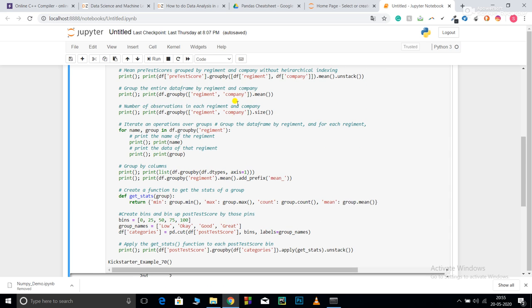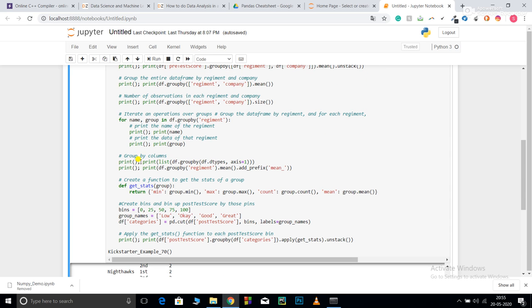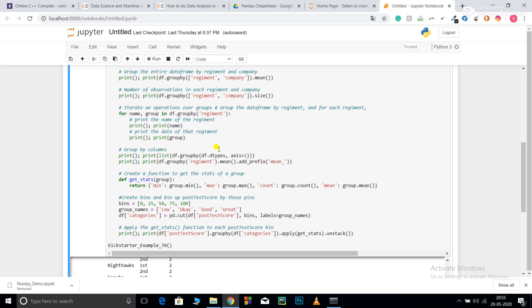After that, let's go to group by columns. In the first analysis I grouped on the basis of rows, in the second I can group on the basis of column. So df.groupby regiment. Now group my complete data frame on the basis of regiment, .mean, calculate the mean, and add prefix mean underscore.